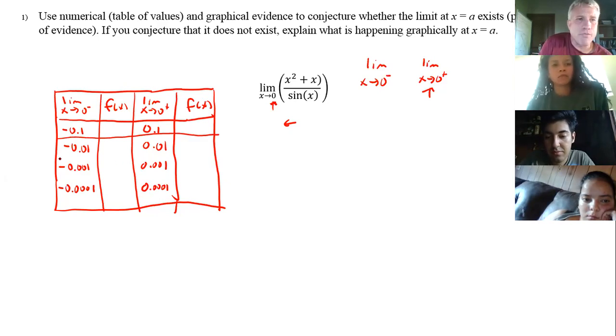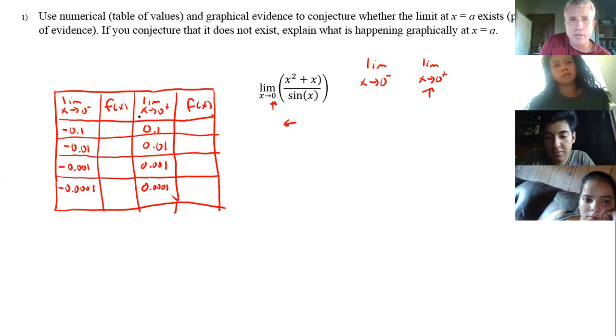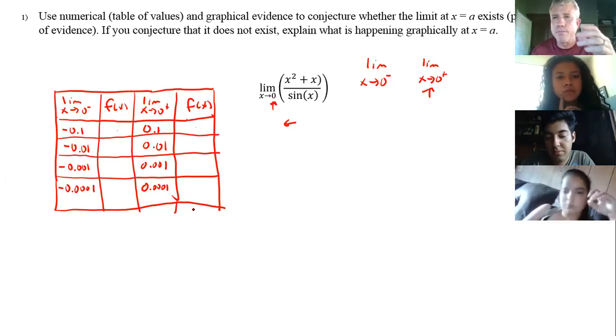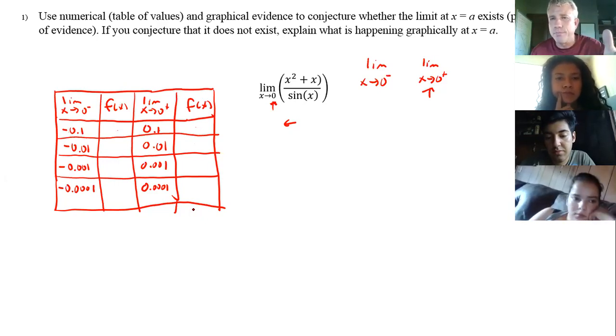You just evaluate the function at those values. You put these numbers into the function and see what the outputs are. And you try to identify, does it look like the function's trying to give you a specific number? And the way that you want to do this to make your life easier is you probably want to use a spreadsheet to do this, or the table tool in your Texas Instruments calculator. You don't want to hand calculate these numbers over and over again. That's tedious